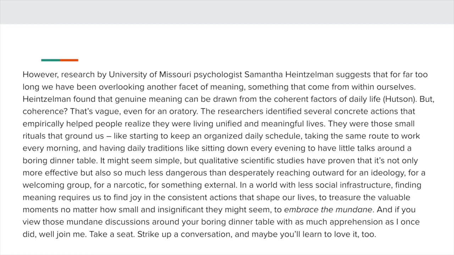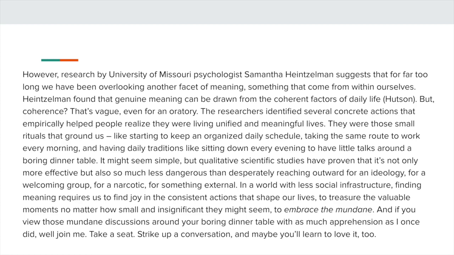They were those small rituals that ground us, like starting to keep an organized daily schedule, taking the same route to work every morning, and having a daily tradition like sitting down every evening to have little talks around a boring dinner table. It might seem simple, but qualitative scientific studies have proven that it's not only more effective, but also so much less dangerous than desperately reaching outward for an ideology, for a welcoming group, for a narcotic, for something external. In a world with less social infrastructure, finding meaning requires us to find joy in the consistent actions